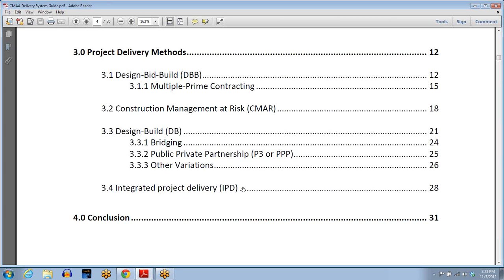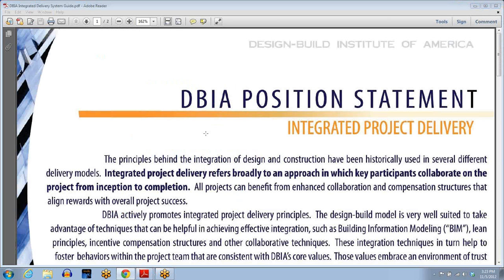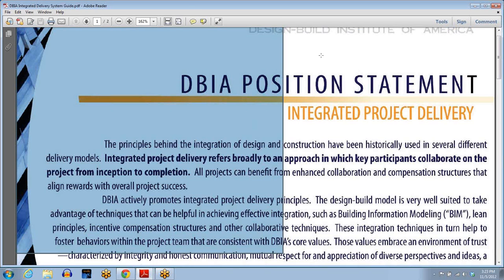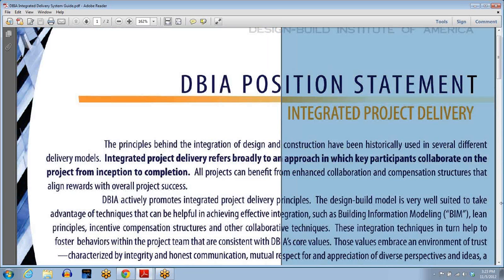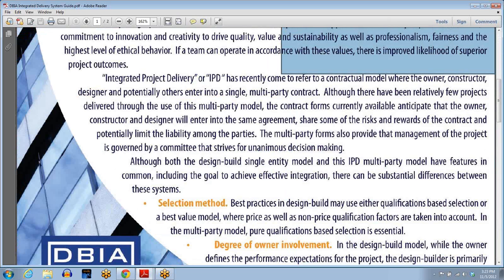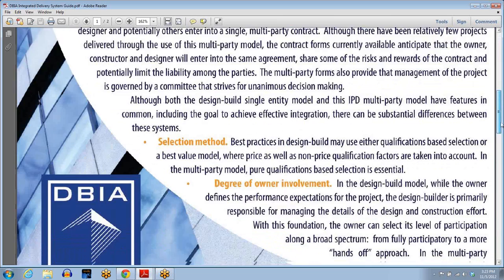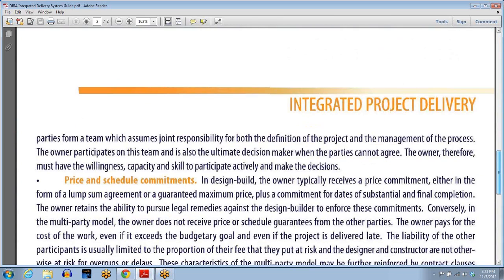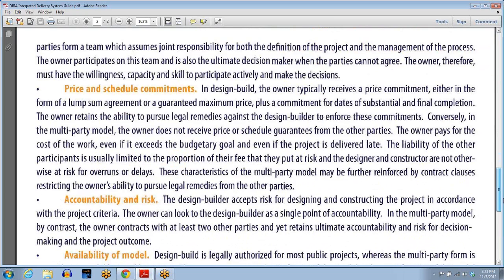So this document is, again, a more detailed look, addressing the different delivery methods. The next document I have for you is a 2-page document by the Design Builders Institute of America. I'm trying to get the blue highlighting off there, forgive me. In these pages, they talk about blending together the different industry professionals on the front end,